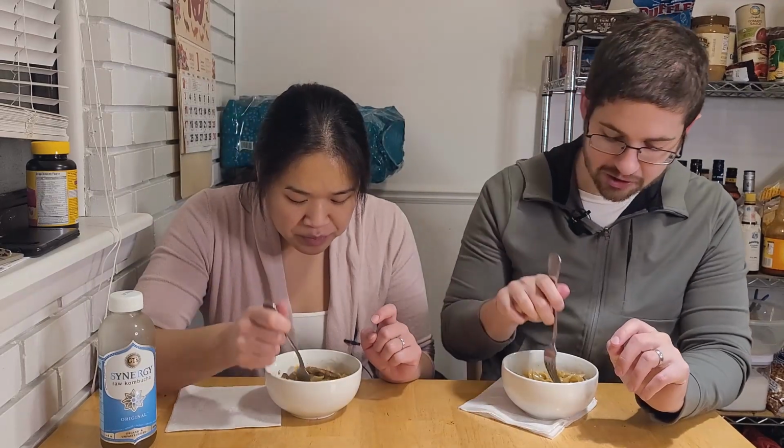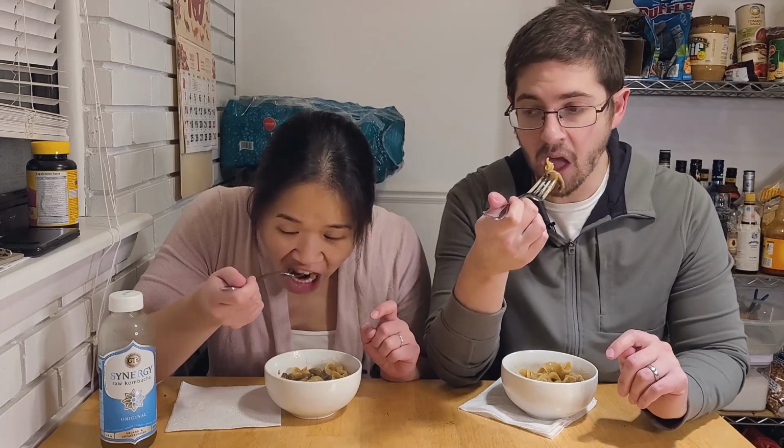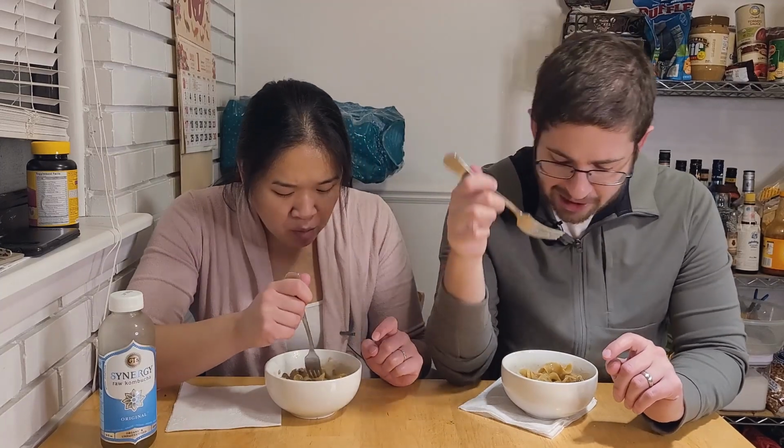I do wish it was a bit more substantial, though. It's a delicious sauce that it clings on there well. The mushrooms are amazing. I do love mushrooms all the time. But I don't find it to be very substantial. I mean, there's more in the pot. I don't think it's a quantity issue. Would you mind